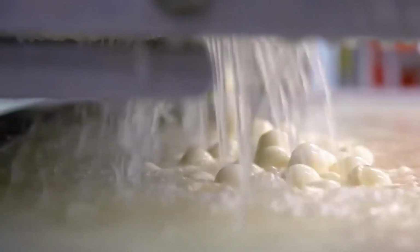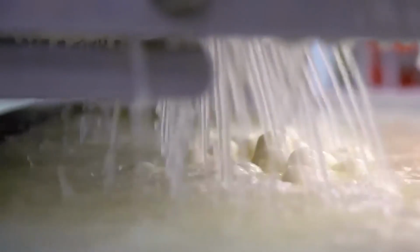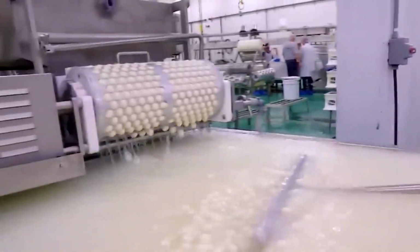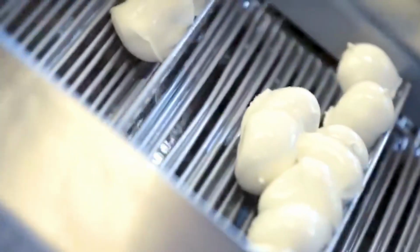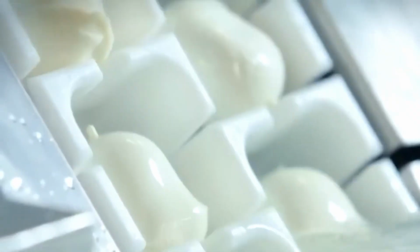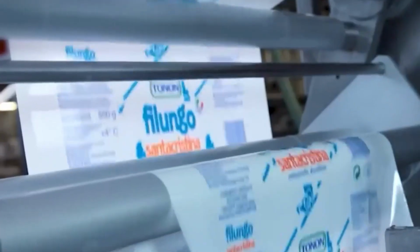And here's a fun fact: cheese naturally changes texture as it ages. Moisture content drops over time, giving the cheese a firmer feel and deeper, more developed flavor. Some cheeses even grow a rind that protects their interior and enhances their taste. While cheese production wraps up, let's pivot to another fan favorite: